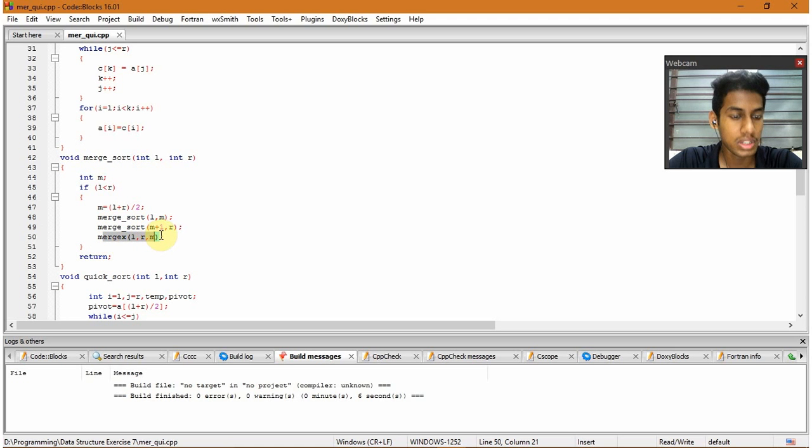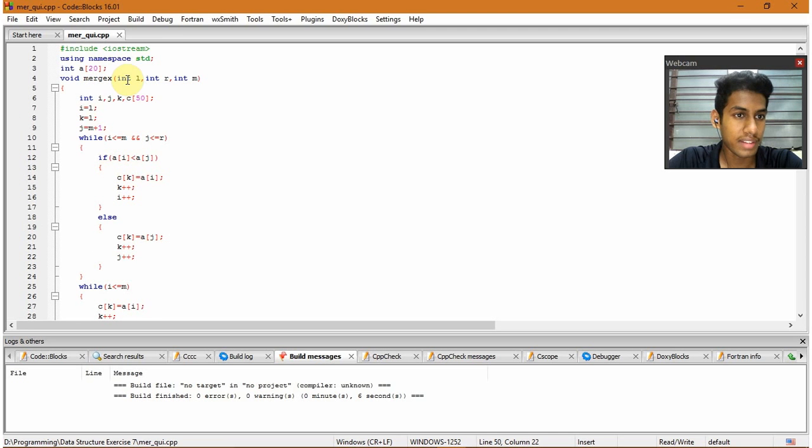comma M. So here what happens is we have elements L, R and M. L is the first element, R is the last, M is the middle element. So we have a smaller array of what initially we had. So now I becomes L, K becomes L, J is equal to M plus 1. So now here we have a while I lesser than or equal to mid and J lesser than or